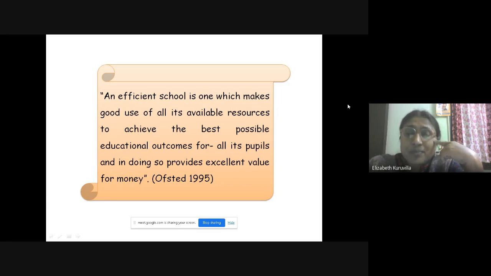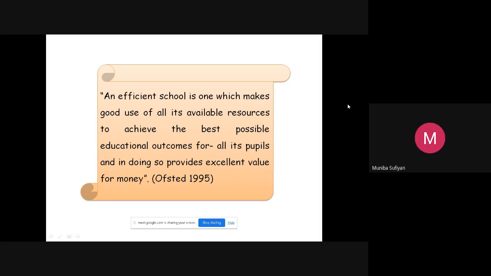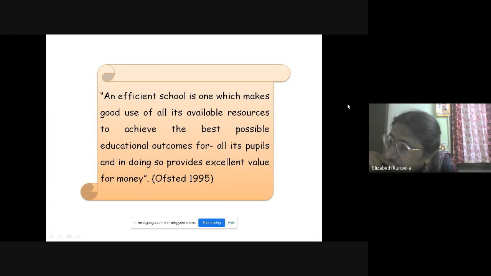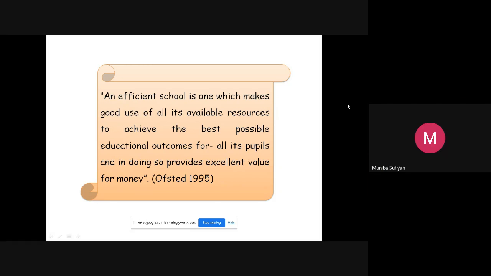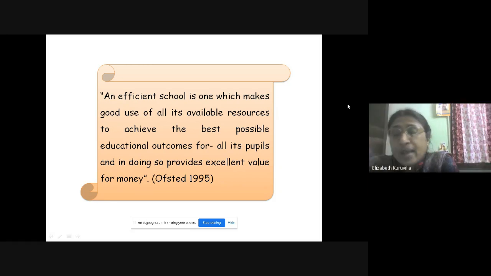Muniba? Yes, ma'am. What do you understand from this statement? I understood that the advantage of measurement and evaluation for the learning of an effective school environment. I thought connectivity issue is there. Sound is not coming.